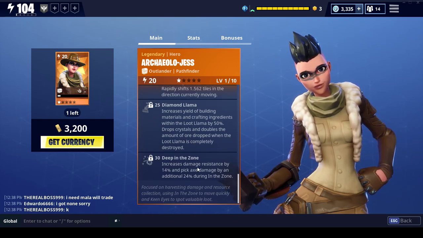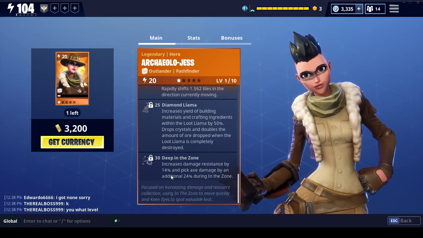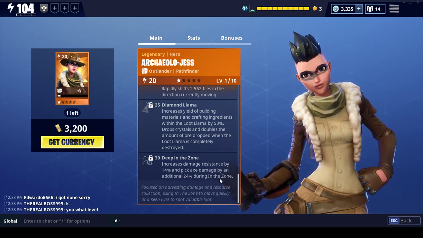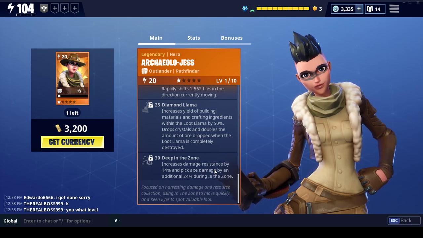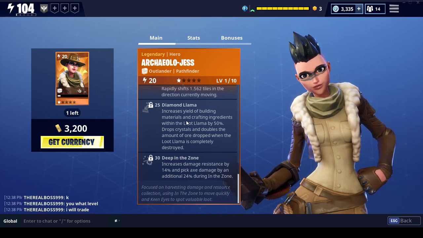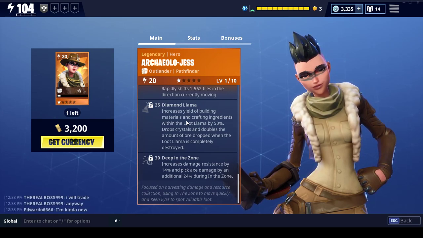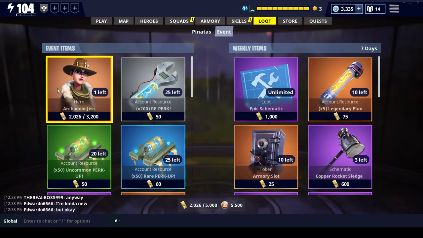And then deepen the zone, increase damage resistance by 14% and pickaxe damage by additional 24% during in the zone, which we showed you in the beginning, where you do 5 hits and you go into the zone. So once again, your pickaxe is doing much more damage, and you're able to take out that llama solo if you want to. But now, okay, that's all about what's in the store now. And for my recommendation, if you don't have a Pathfinder, a legendary one, yes, it's definitely worth the gold to